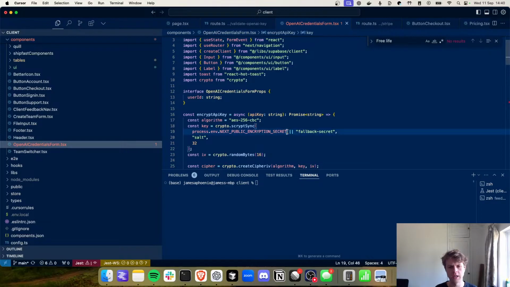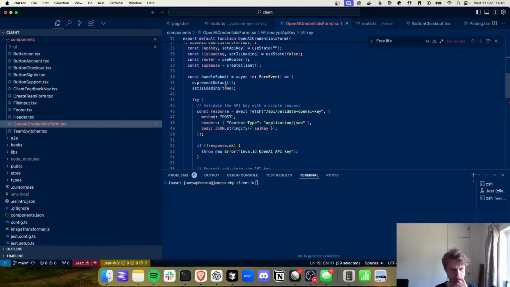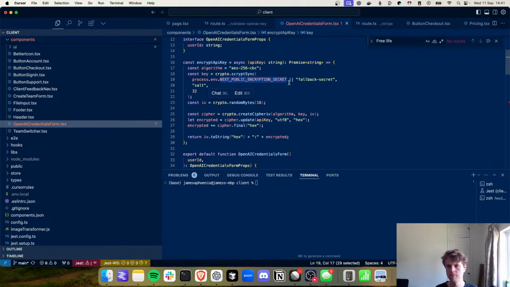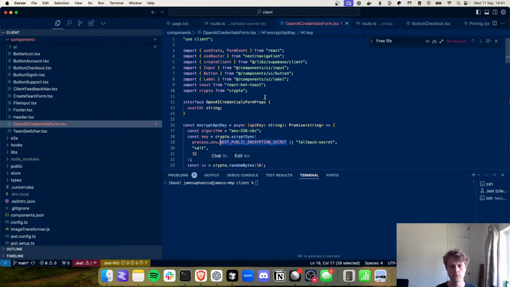Definitely don't want a next public encryption secret though. Okay, so